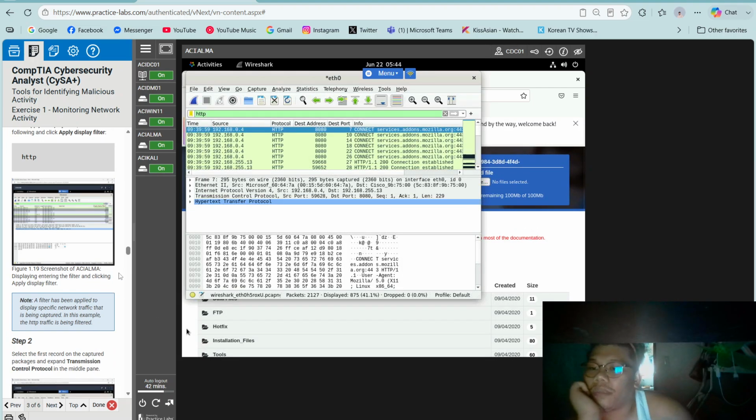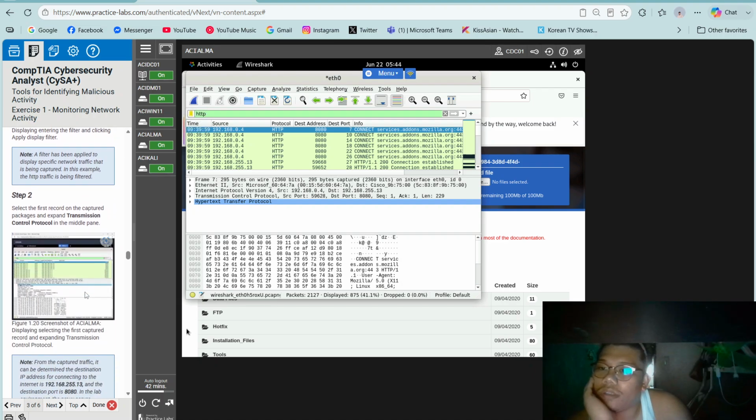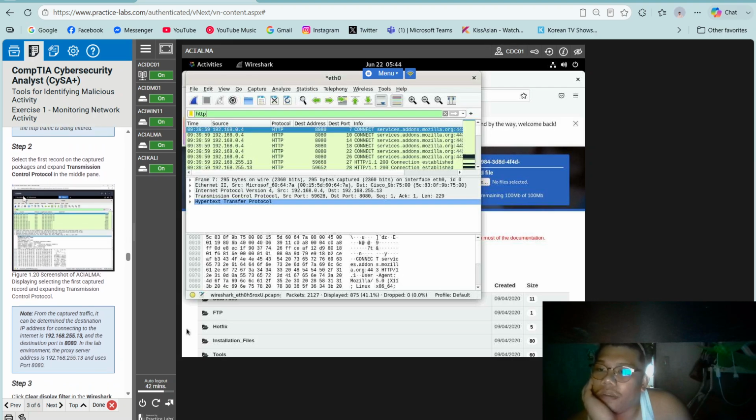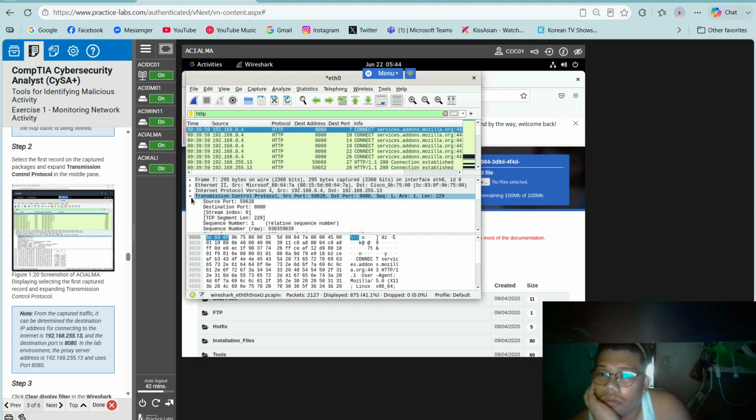Note, a filter has been applied to display specific network traffic that is being captured. In the example, the HTTP traffic is being filtered. Step 2, select the first record in the captured packets and expand Transmission Control Protocol in the middle pane.